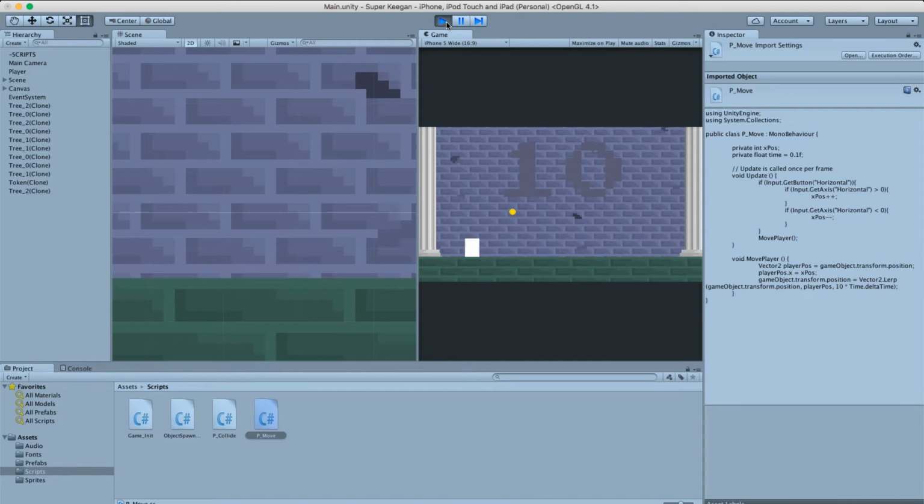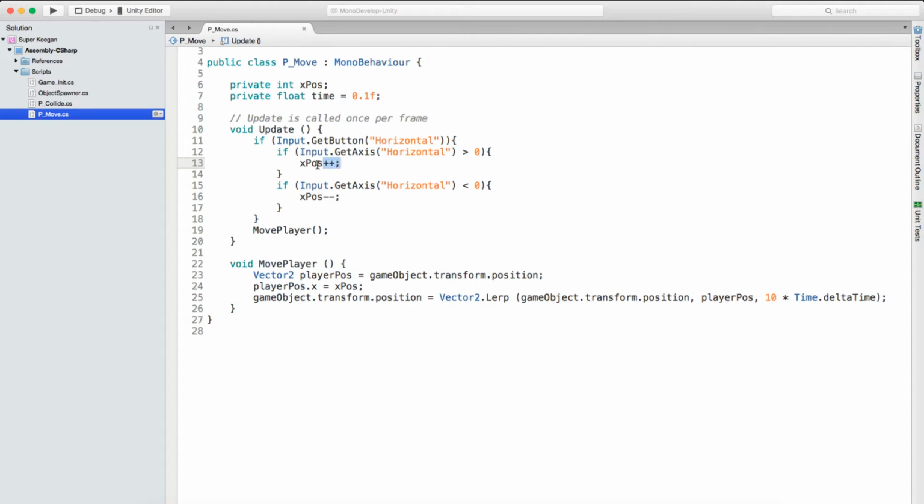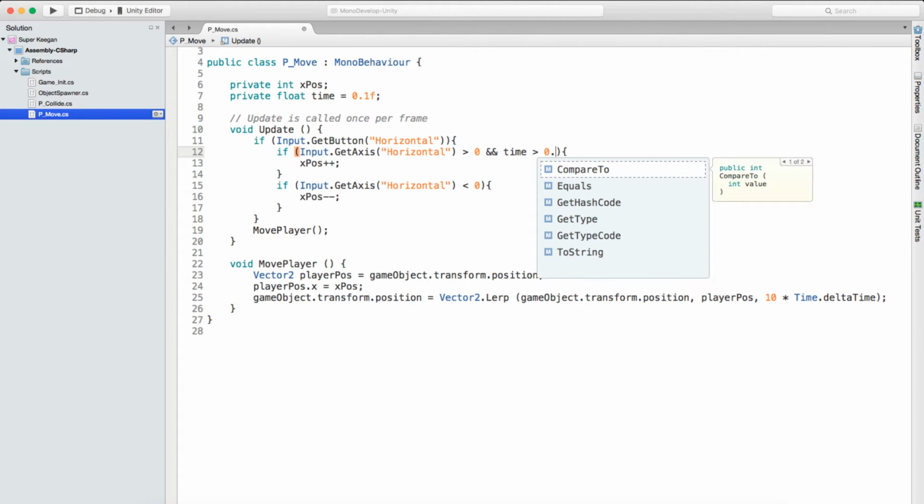You want to have a little bit of a gap between each iteration of adjusting the xpos variable. So, to do that, we're going to change this. We're going to say if Input.GetAxis Horizontal is greater than 0, and then we can use another keyword, two of these symbols here, which means and, and then we can say time is greater than 0.075f. And